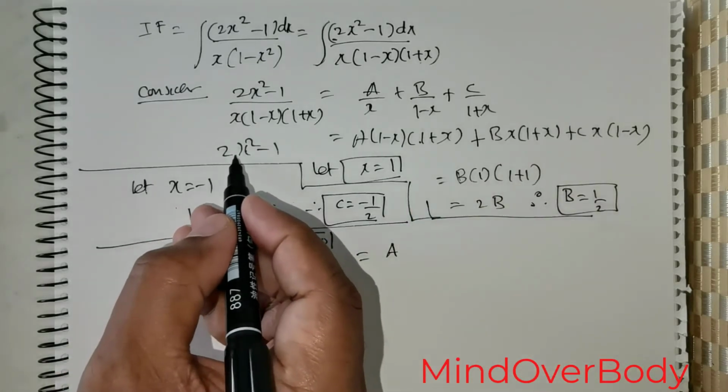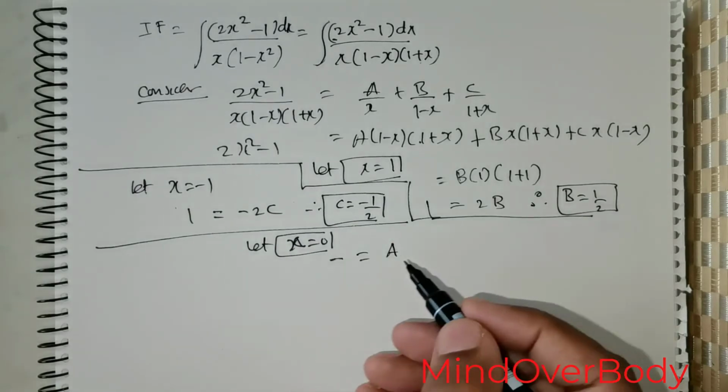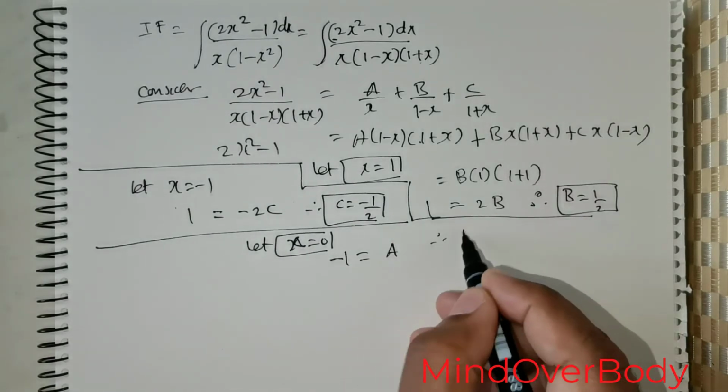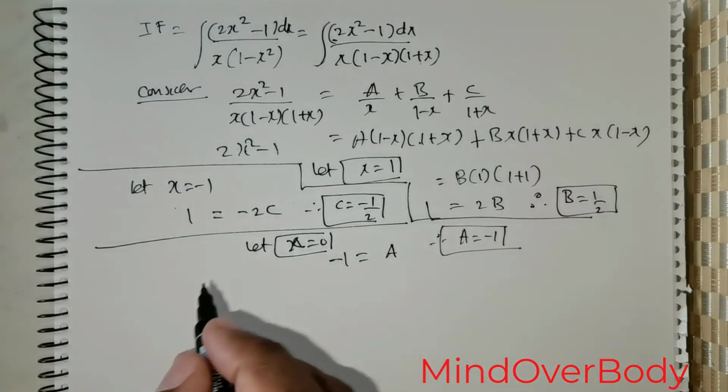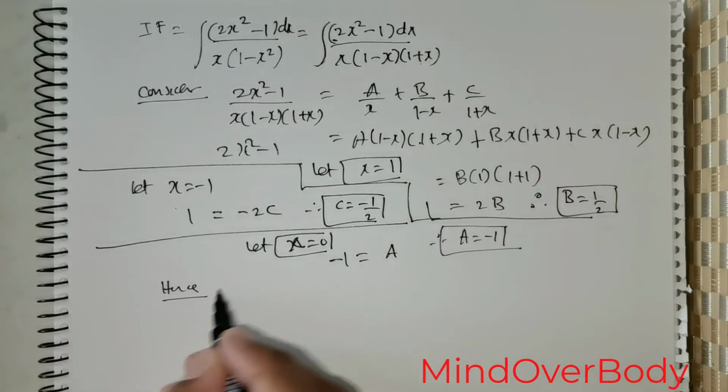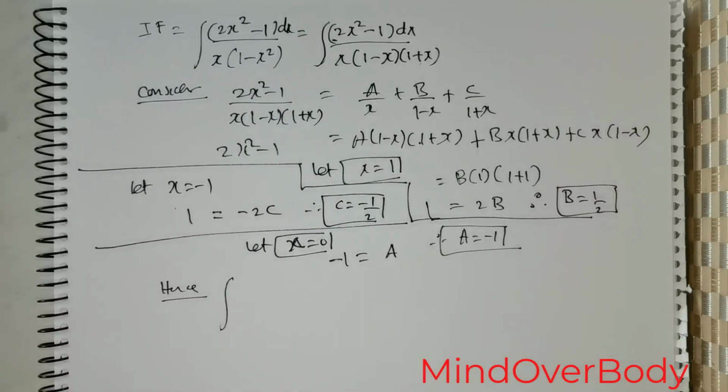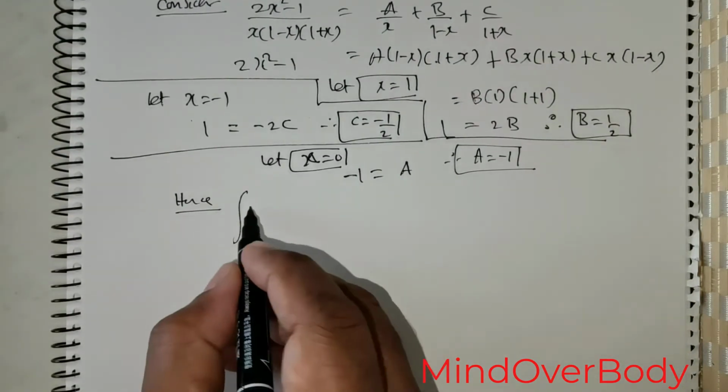Over here, this is going to be 0, and I get minus 1. So therefore the value of a is negative 1. This is what I've got. Now what I can do is, hence, from all these partial fractions, what I can write is